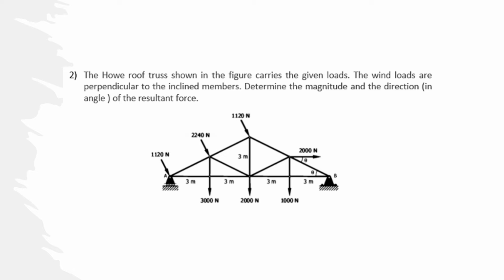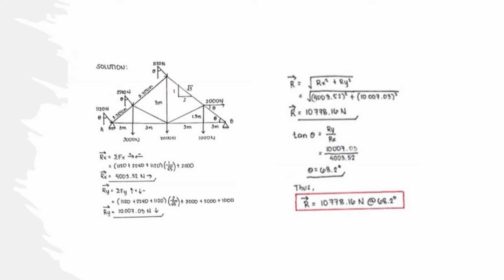So the second problem is the whole roof truss shown in the figure carries the given loads. The wind loads are perpendicular to the inclined members. Determine the magnitude and the direction in angle of the resultant force. So first, we get Rx. So Rx is